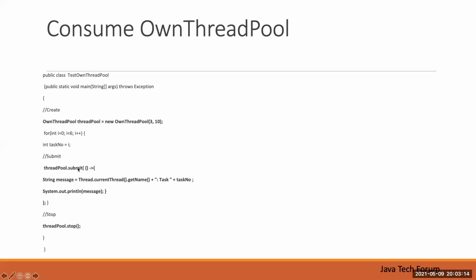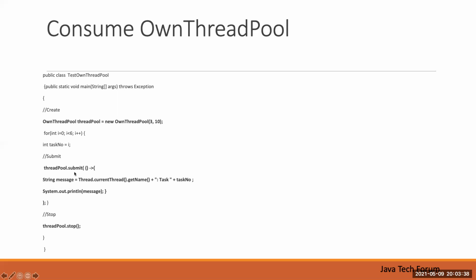The submit method accepts an implementation of Runnable. We have to submit the task as a Runnable implementation. Here I'm using a lambda expression.